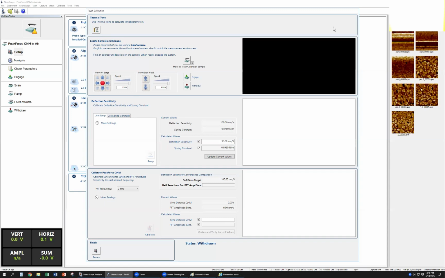So loading the probe is quite easy. You can use a different one, whichever one you like. Then for the probe,